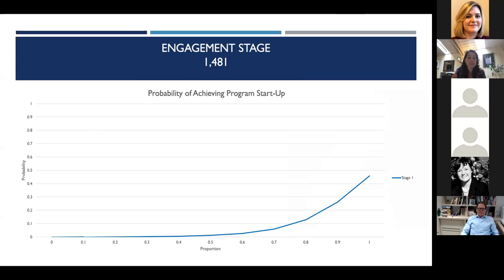And what this data here shows us, so now we're a little bit lower, notice we're at 1,481. That's simply because I didn't update the analyses, and so I apologize. But what we see here, because the outcomes are consistent, they've been consistent for a really long time. And what we see is that if you conduct all those engagement activities, you still have less than a 50% chance of actually starting your program. The thing about this is that us as treatment developers, we used to think back in the day that we just had to develop the program, engage people around it, get their interest and enthusiasm around it, and then they would implement. This is letting us know that absolutely is not the case.